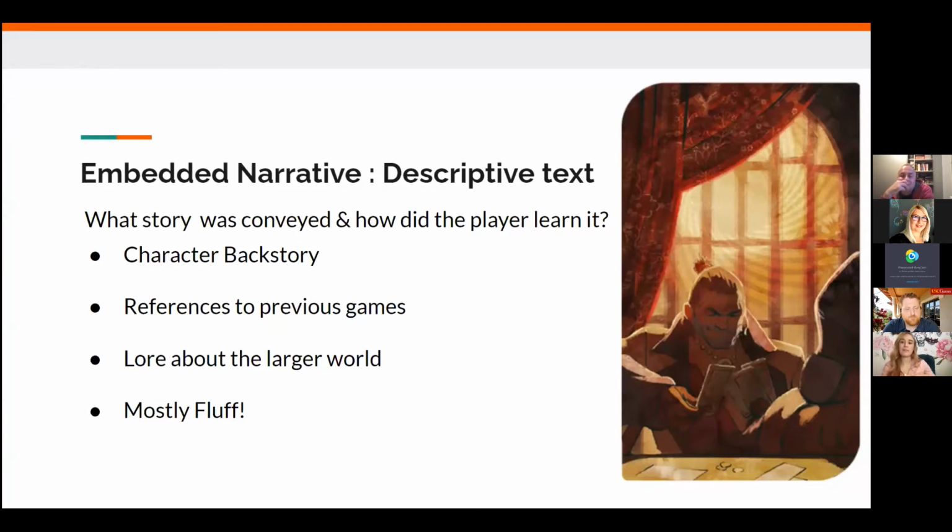So in a game that is very expansive and world building like Dragon Age, which has a lot of calls to fantasy, Lord of the Rings, you want to know all the lore and details of this world, and descriptive text does a really good job of doing that. But it is, to use not a derogatory term, a lot of fluff. It's not important to the plot. It's not mission critical. You can ignore it, but by engaging with it, it enhances your knowledge of the world.